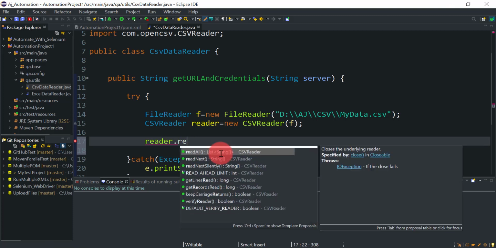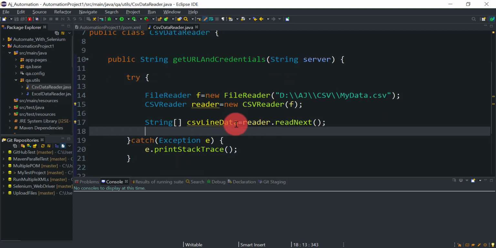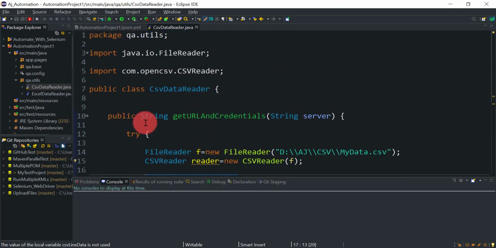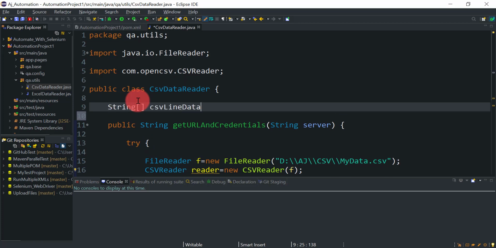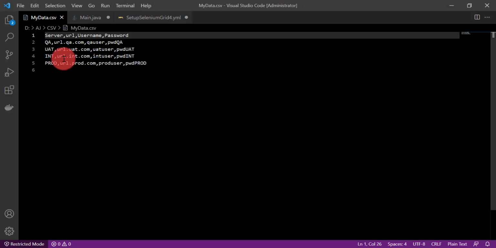So reader dot readNext is going to return me the array, so I will store it in a string csvLineData equal to. Okay, so this should be my array. I can declare it at the class level here. In the csvLineData array, we will get all the values for the specific row.